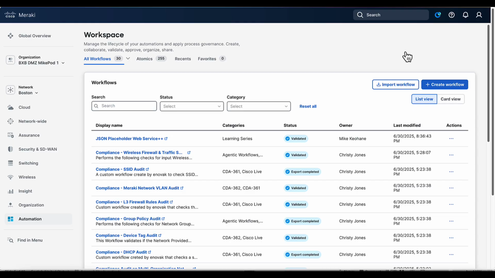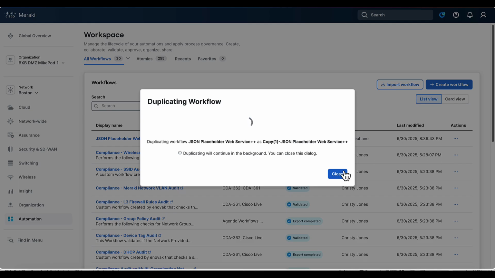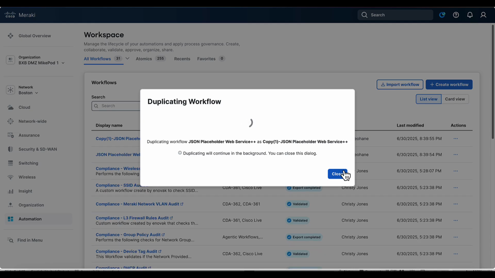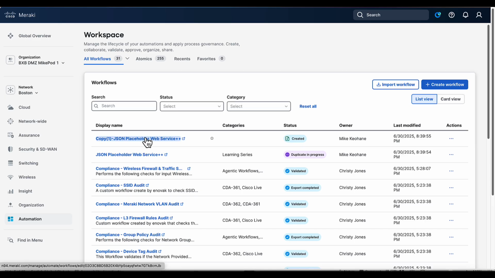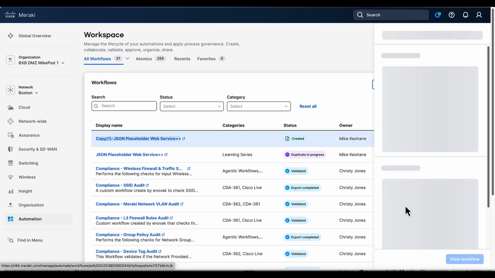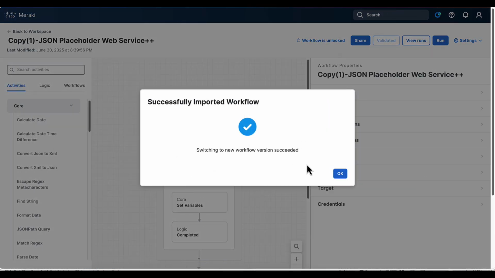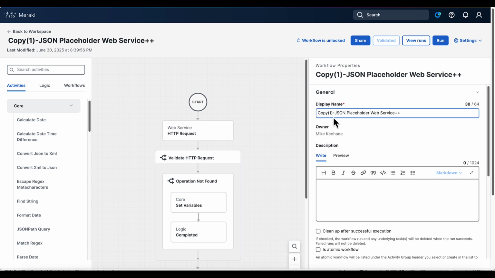As previous, we will take our lesson that we worked on earlier and we'll build upon that. So we're going to duplicate the JSON placeholder web service in order to use it for this lesson and not lose our previous work. So here's our copy. We're going to click on that, view that workflow. I'm going to change the name. So in this one, we'll say